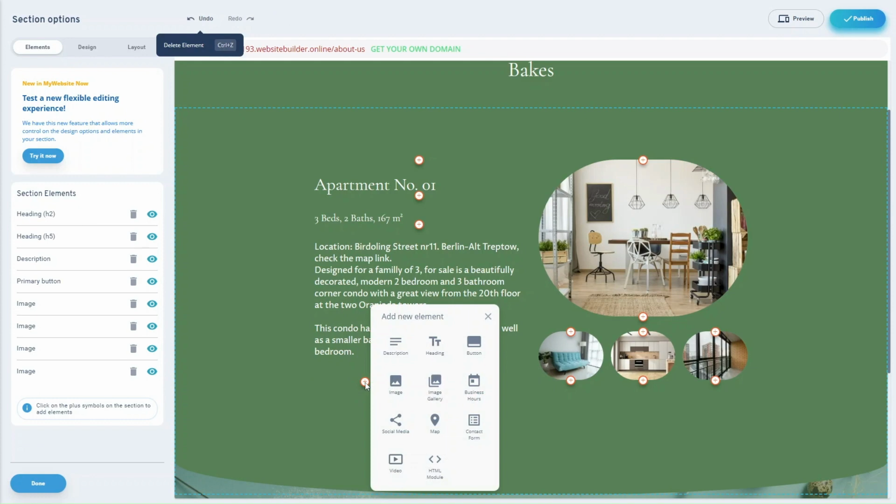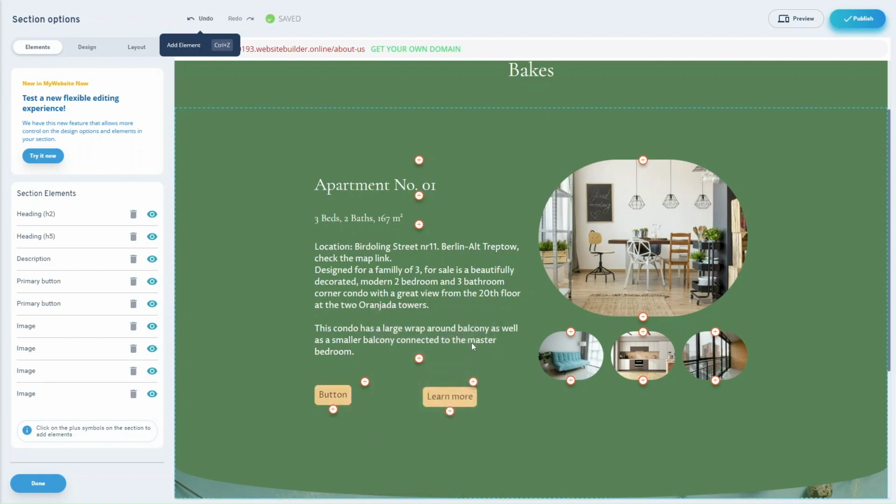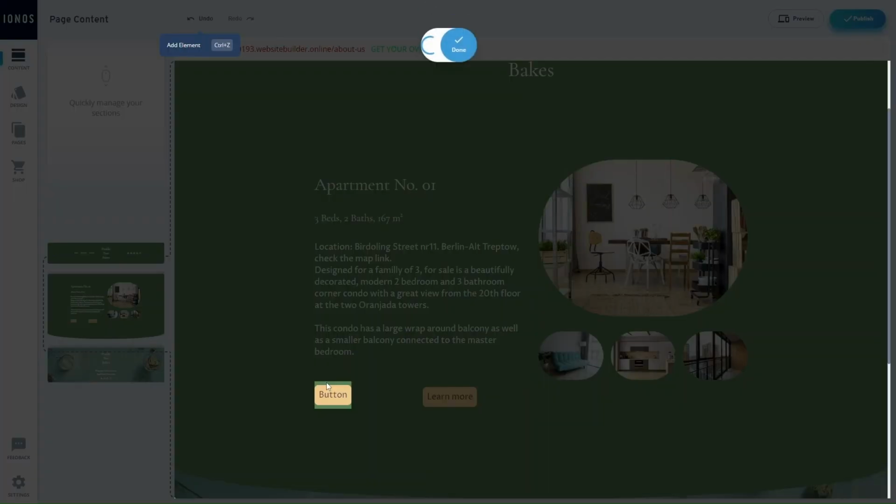So right now, if I want to replace that, say with the button, I'm going to click on the button element, and you can see the button being added in here. There's one button there and there's a button here. And if I click into the button, first click done, and then if I click into the button,